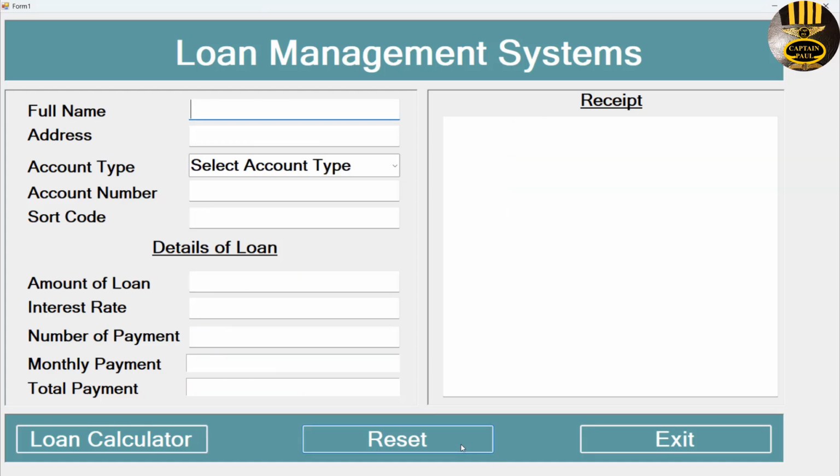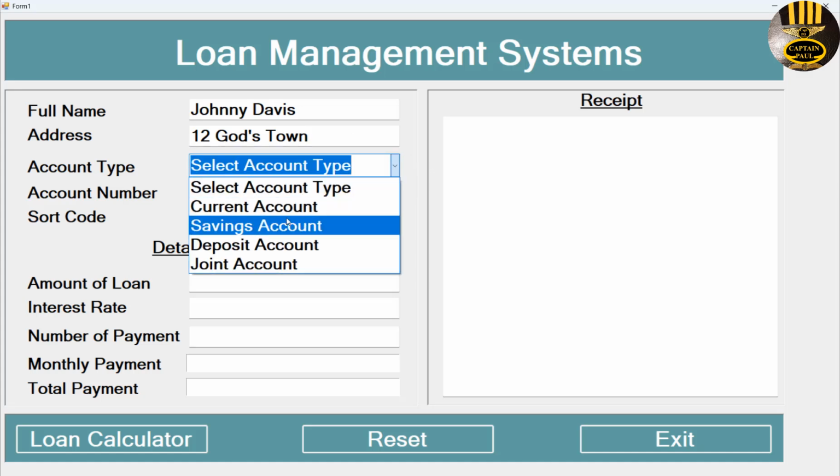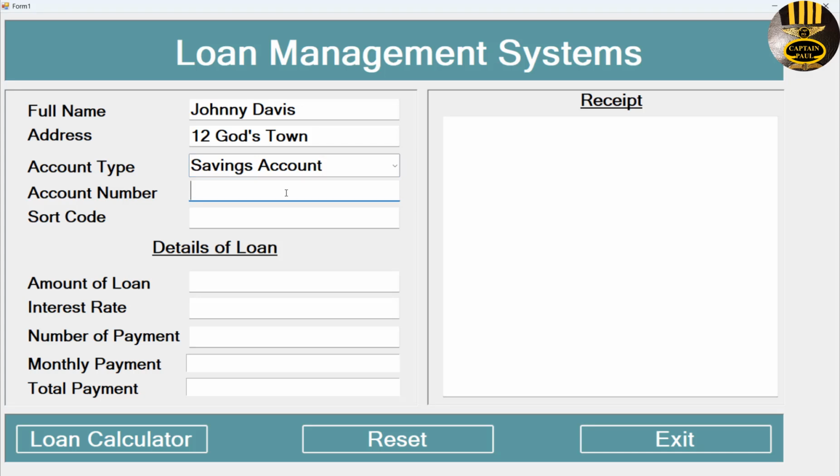I'm going to reset and we enter another details in there. Let's say we have Johnny Davis. And right here we say it's a number 12, goes 10. And account type, savings, account details, source code. And here, loan. Let's say it's going for